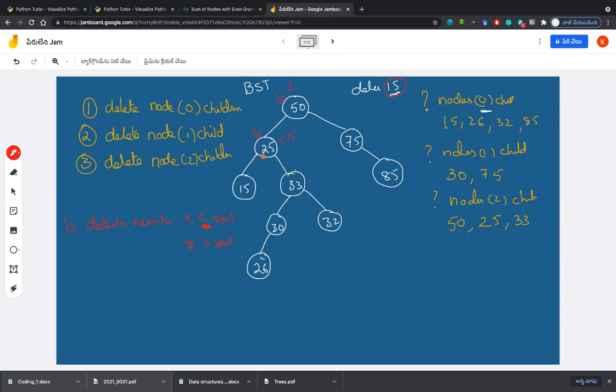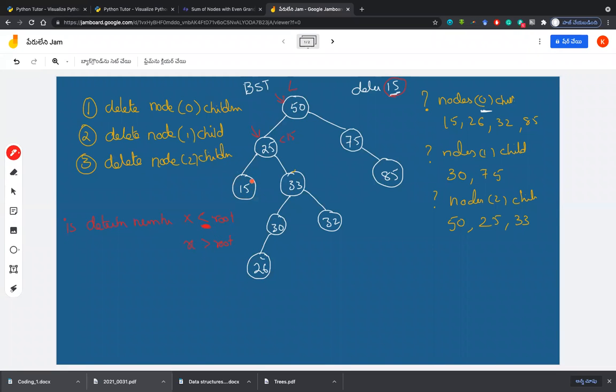Because 15 is again less than 25, you need to go left side. There is no need to check the right side because 15 is less than 25. So when you are at 25, check 25 dot left, whether it is 15 or not.